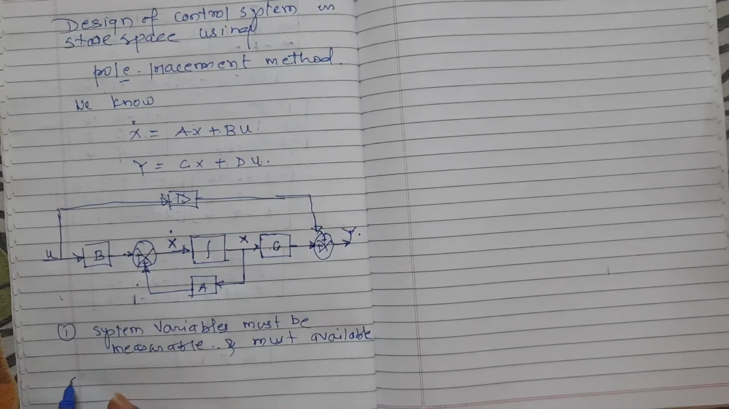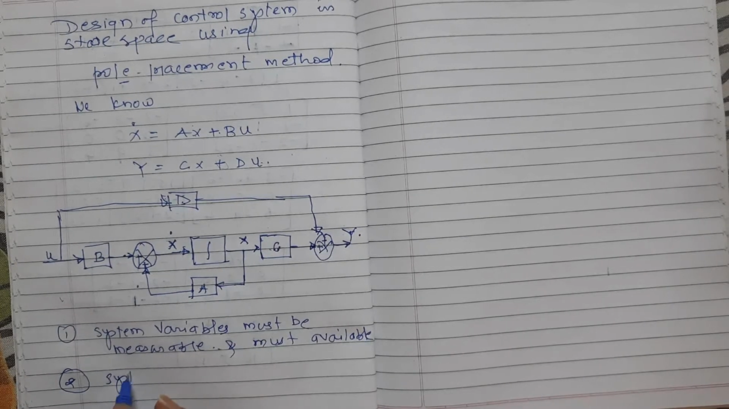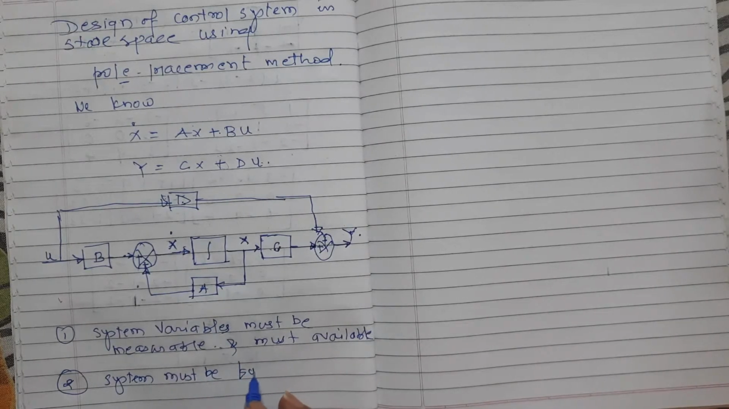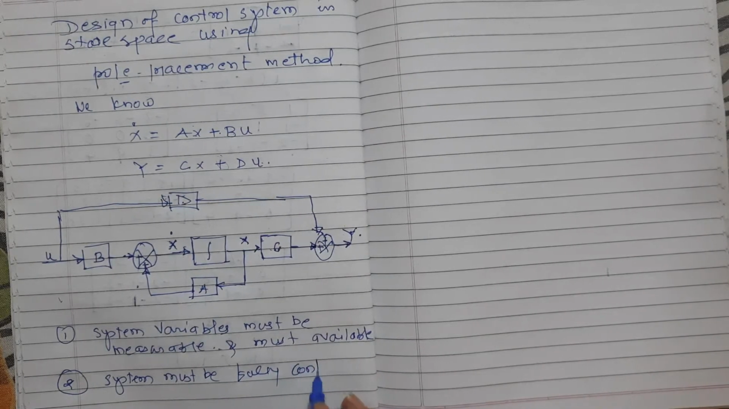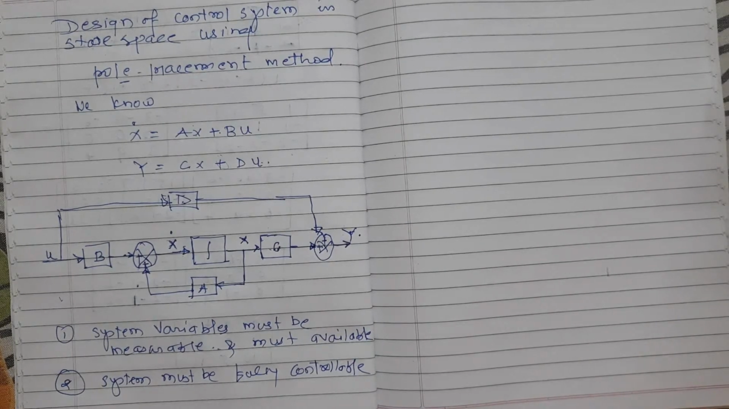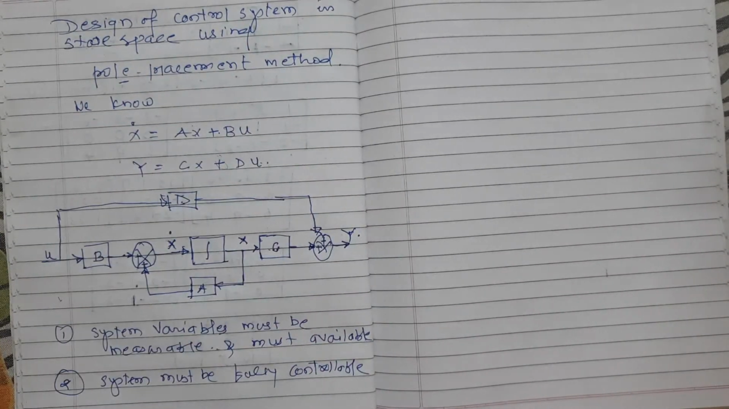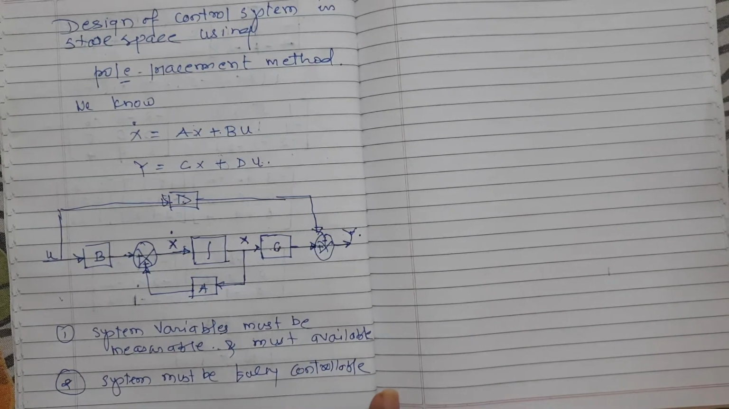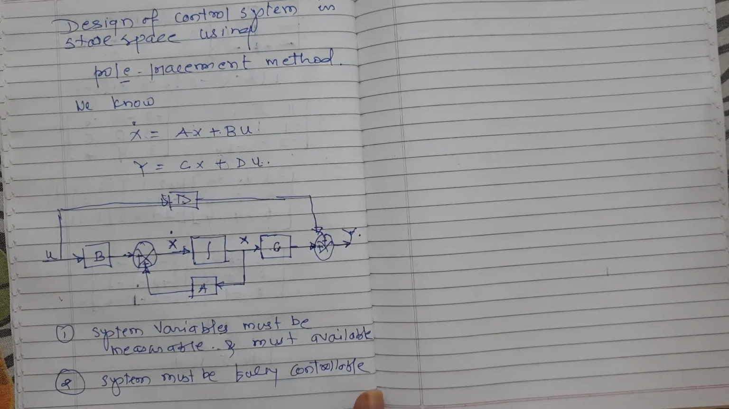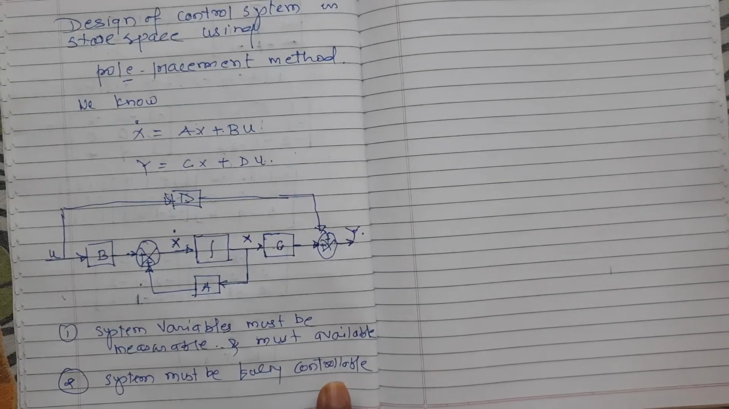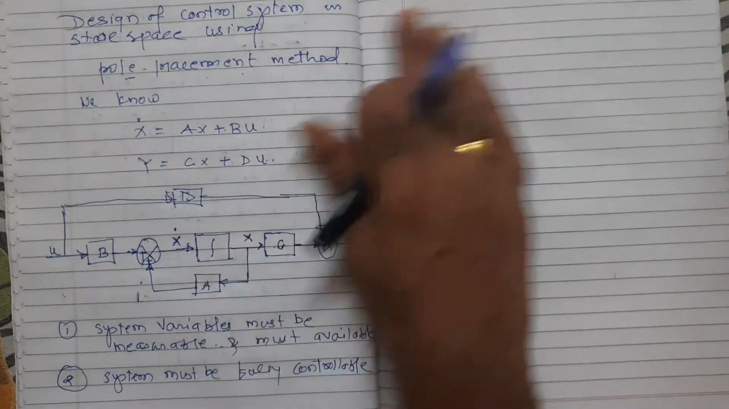Second, the system must be fully controllable. This is the condition. If it is not controllable, even though also we can design, the system must be fully controllable. This is the condition, if this condition is not satisfied, that means the system is not controllable, then